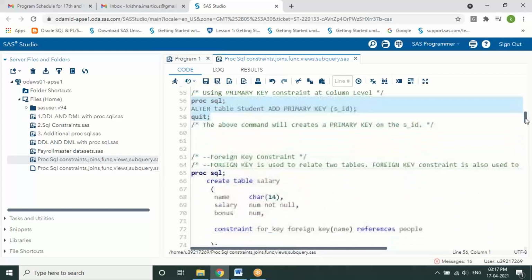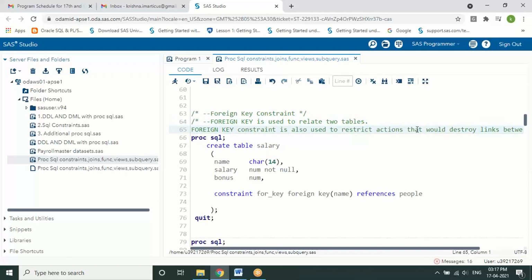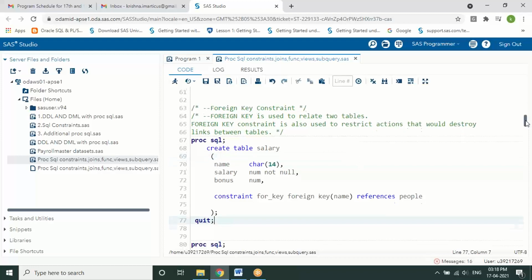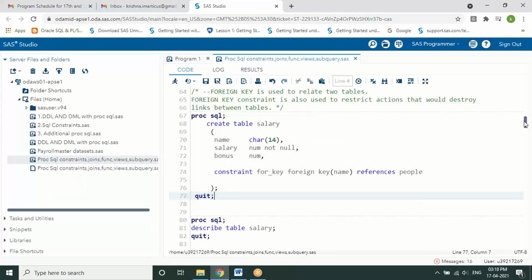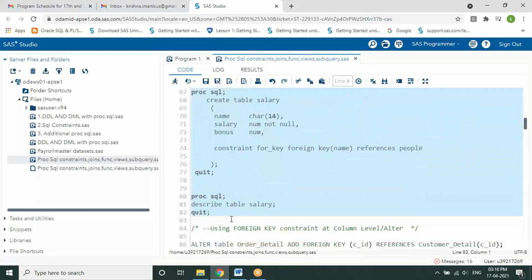Now the next one we'll look at is the foreign key. So what do we mean by a foreign key here? The file which was shared has a problem, so I've just modified it now. Guys, you can copy paste this into your file, because I think it was copied 2 times in the file I shared with you. In the chat box, I'm sharing this foreign key syntax. Please take it.